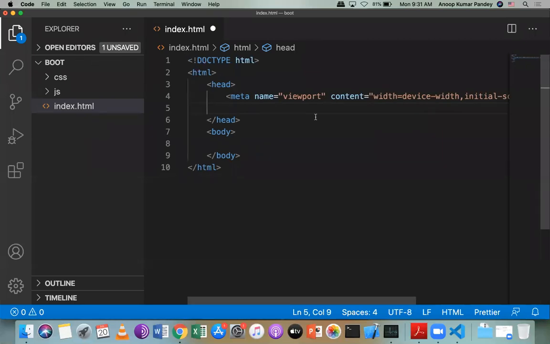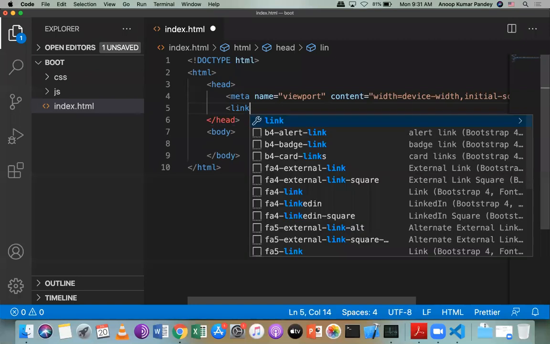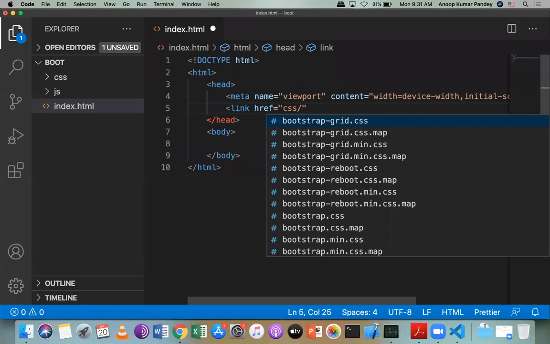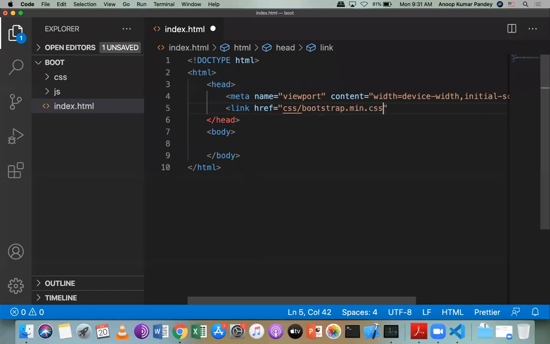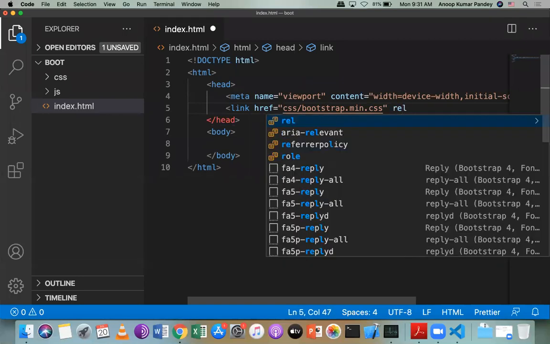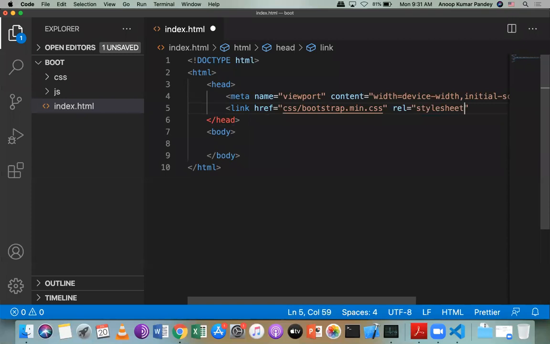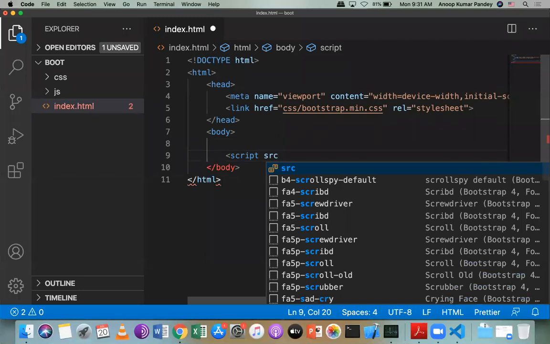And then we need to add the CSS and JS. So mainly you need to add link href equal to css/bootstrap.min.css and rel equal to stylesheet. Okay, this is done. And then inside body at the bottom, we'll add the script files. So a script src equal to